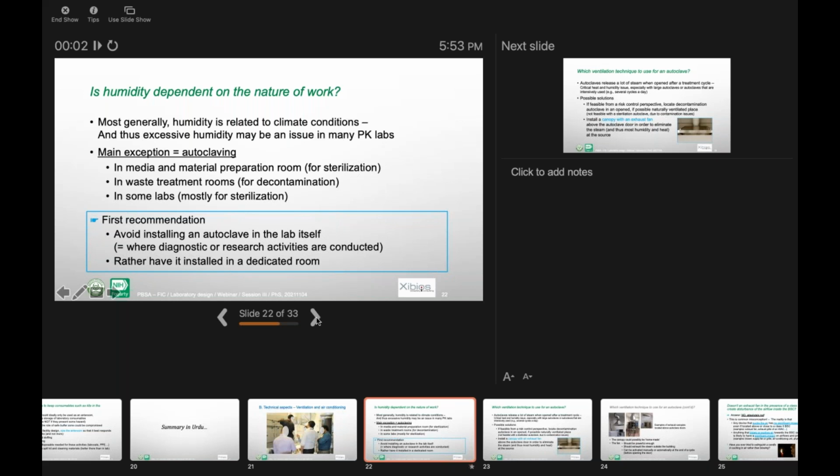चलिए, पहला सवाल जो किया गया था, इस लैब डिजाइन वेबिनार के सेकंड सेक्शन का पहला सवाल है कि लैब के अंदर नमी कितनी मुकर्रर की जाए। काम बहुत ज्यादा इस पर डिपेंडेंट करता है। लैब एक खास एयर सर्कुलेशन और नमी के ऊपर काम करती है। नमी नॉर्मली फिजा पर, यानी आपके मौसम पर निर्भर करती है, खासकर गर्मियों में जब गर्मी बहुत होती है तो पाकिस्तान की लेबोरेटरीज में नमी ज्यादा हो जाती है।